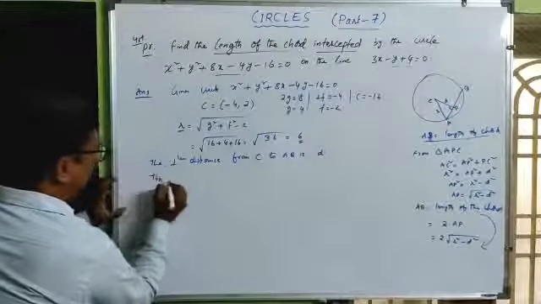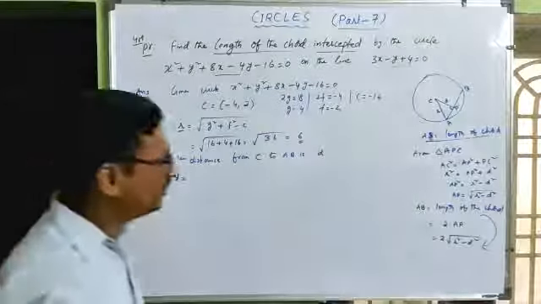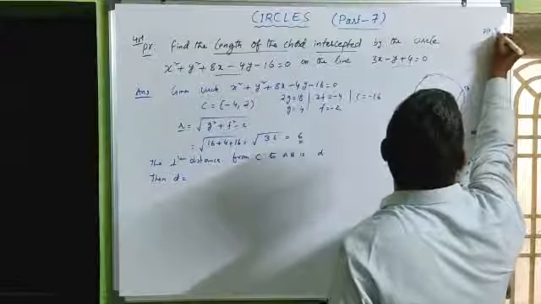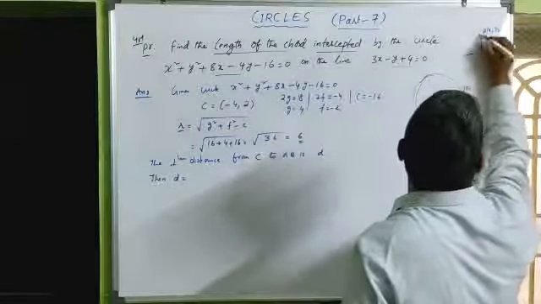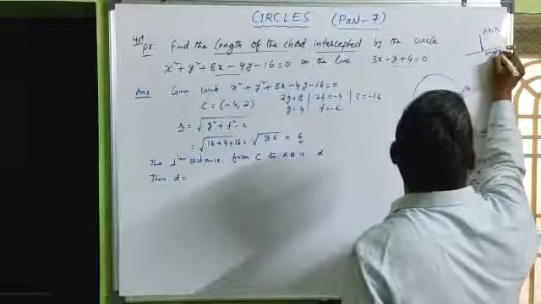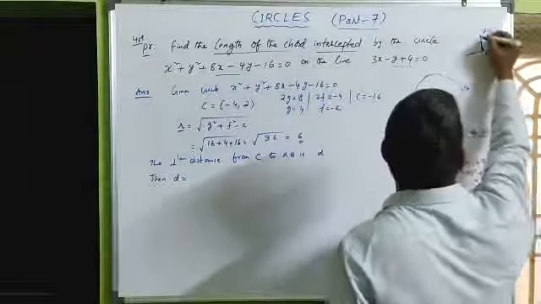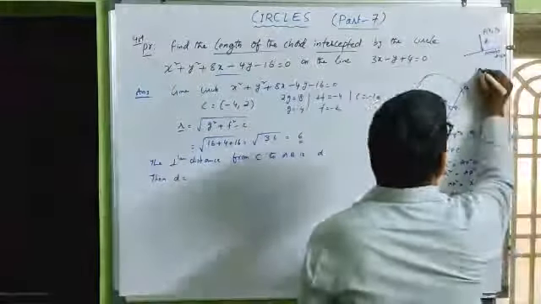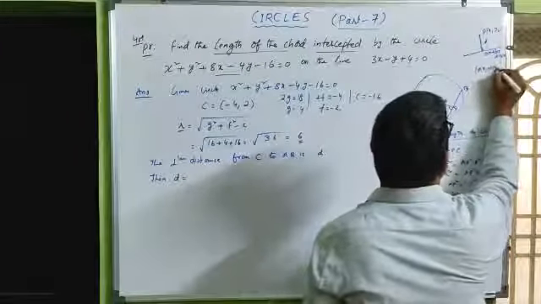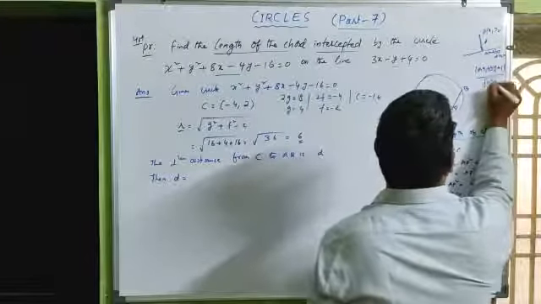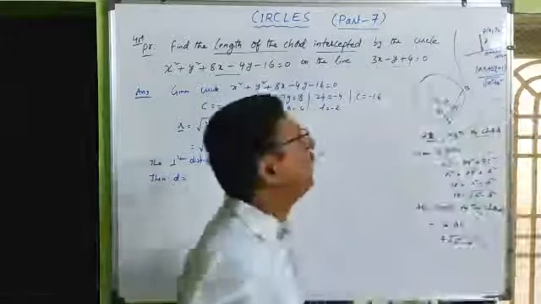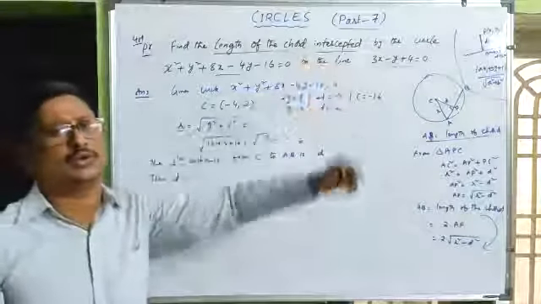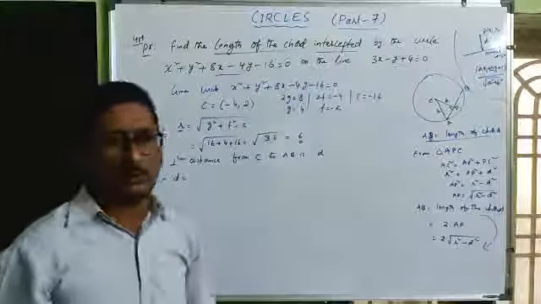Then d is equal to... So everybody knows this from the first year. If P is a point (x1, y1), the length of the perpendicular distance to the line ax plus by plus c is equal to 0 is the modulus of ax1 plus by1 plus c, divided by the square root of a square plus b square. So the length of the perpendicular distance is obtained using the formula modulus of ax1 plus by1 plus c by root a square plus b square.